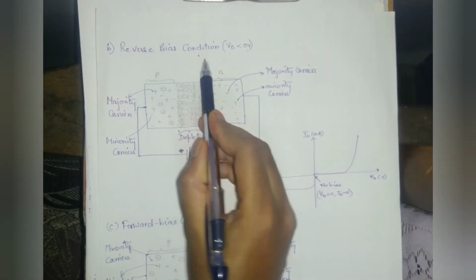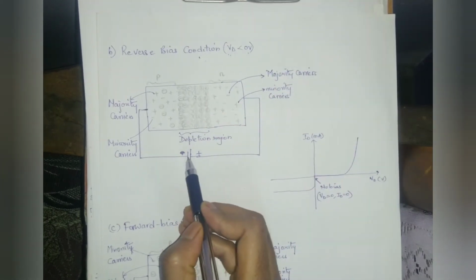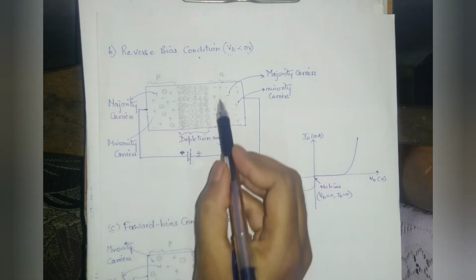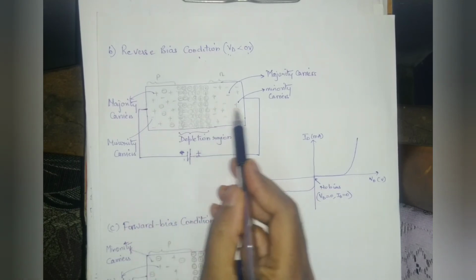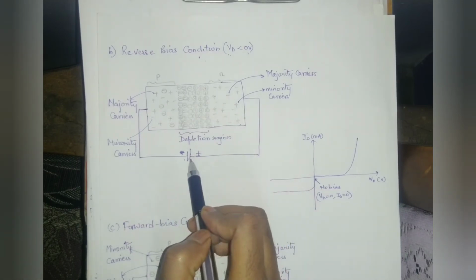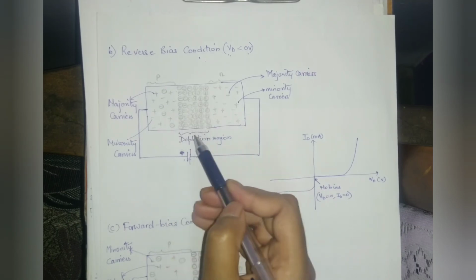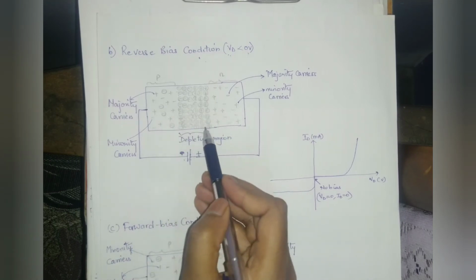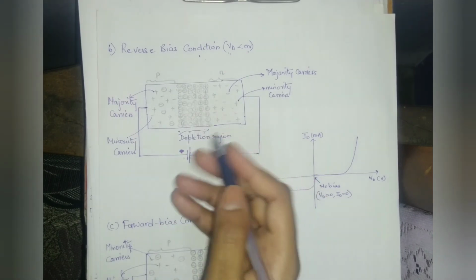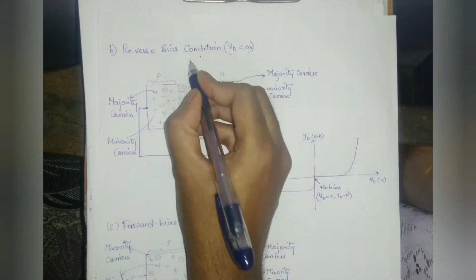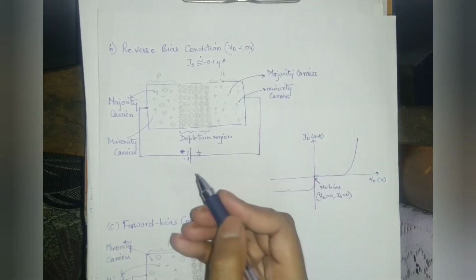Here we'll be doing the reverse bias condition. In the reverse bias condition, your supply voltage is less than 0. Less than 0 in the sense your P-type is connected to the negative terminal and the N-type is connected to the positive terminal. As a result, all the holes will be attracted to the negative terminal and the electrons will be attracted to the positive terminal. As a result, the depletion region will be widened, and there will be a great barrier for the majority carriers to pass through. However, the minority carriers can enter the depletion region, and that leads to a minority flow, that is IS, which is approximately equal to minus 0.1 microamperes.